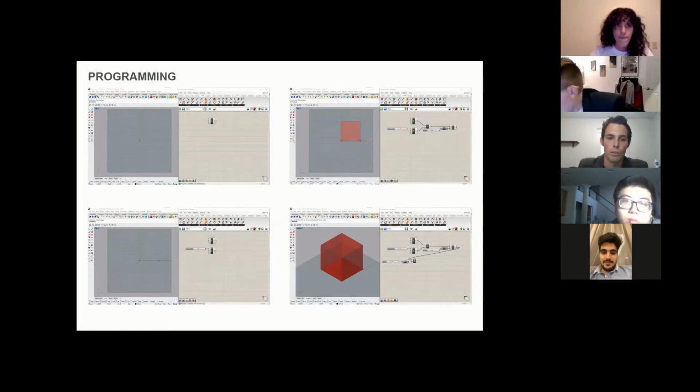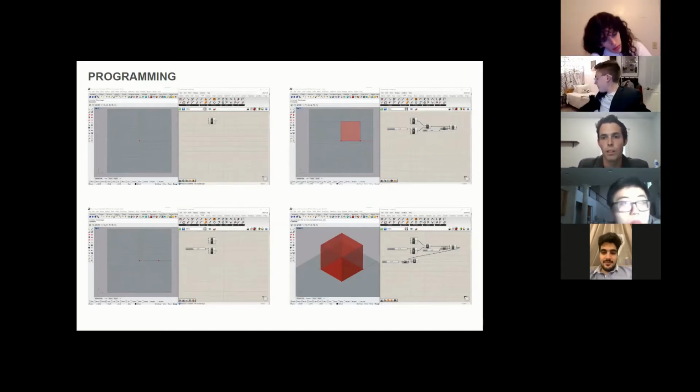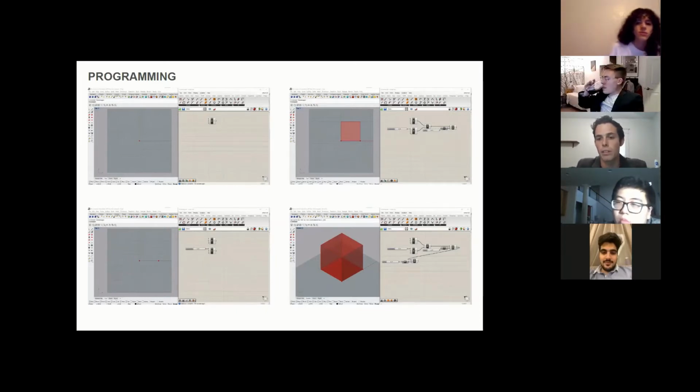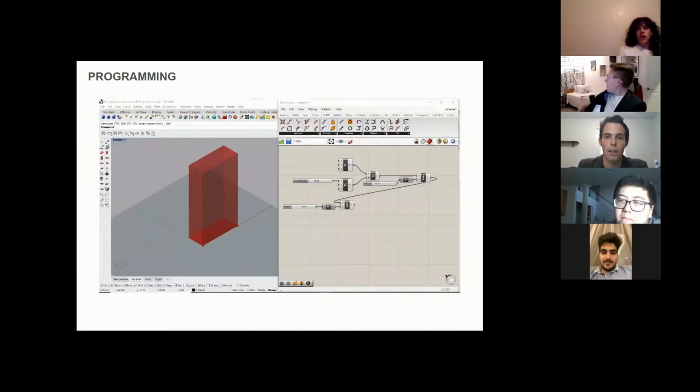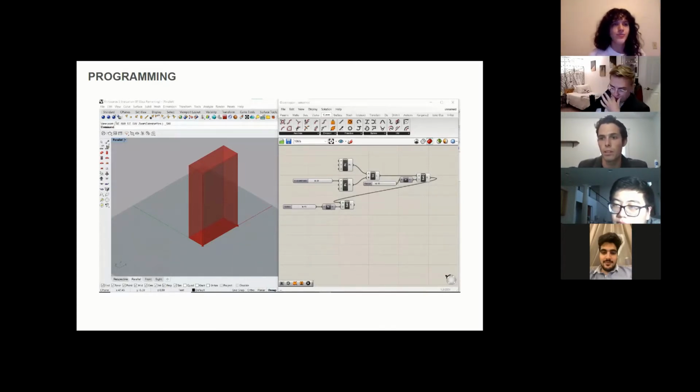And then you move and you place another point with an X component and move it so many units in that direction. And then from there, you develop that into a line, into a surface, and then into a solid cube. And with that, once you plug in the X, Y, and Z coordinates, you get this cube, and you can begin to then manipulate these different